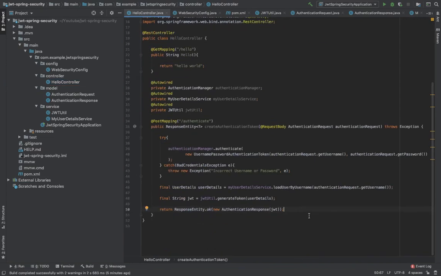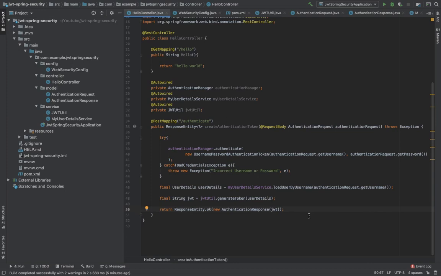Now we have one problem here. Since the authentication is enabled, Spring Security will authenticate every request with JWT. But we don't want that for the /authenticate endpoint, since we are using this endpoint to generate the token, right? So we need to exclude the authenticate endpoint so that anyone could access it and generate the token with their user details.